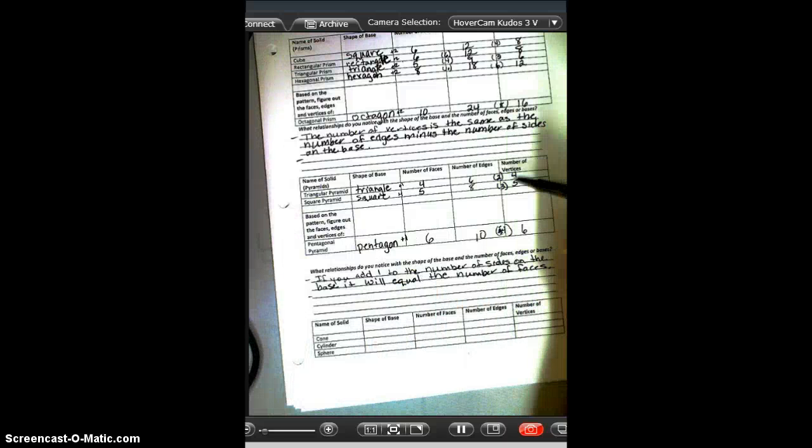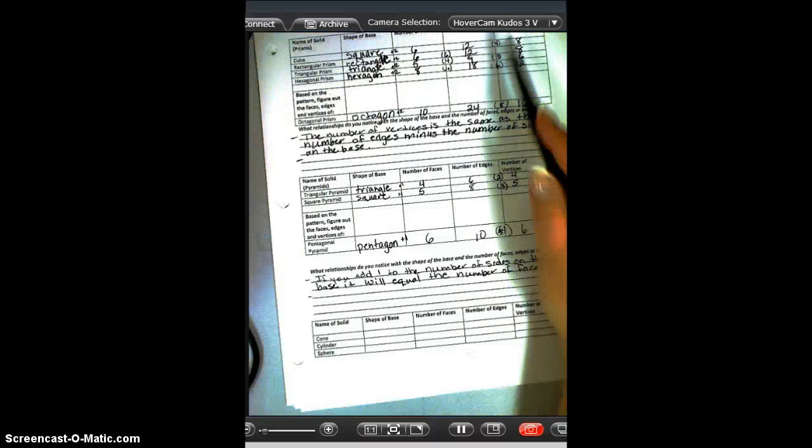And then we also noticed a similar pattern over here. Here we subtracted the shape of the base, and